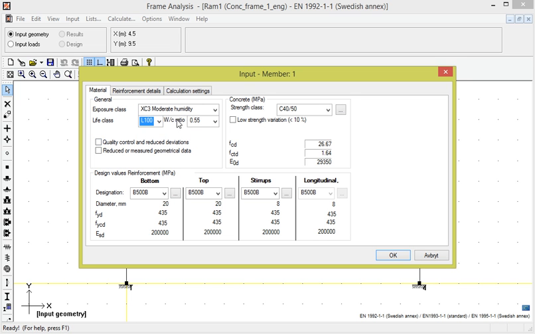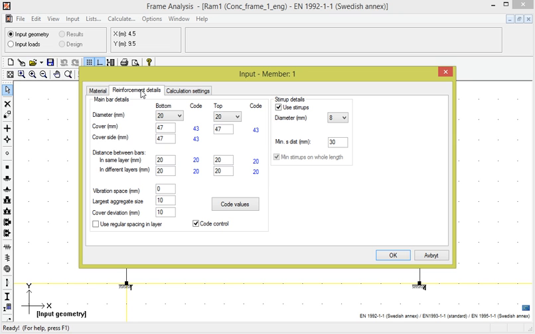The next tab is called Reinforcement Details. And under Main Bar Details, bar diameter, covers, and other input required to situate the reinforcement are specified. The values required by the code are shown in blue, and these values will be chosen by activating the option Code Values. If the choice Use Regular Spacing in Layer is activated, the reinforcement will be distributed evenly over the